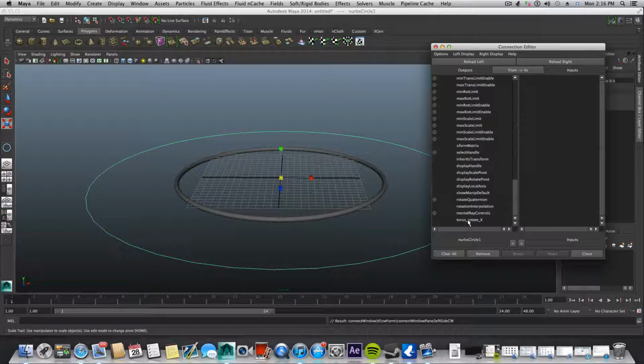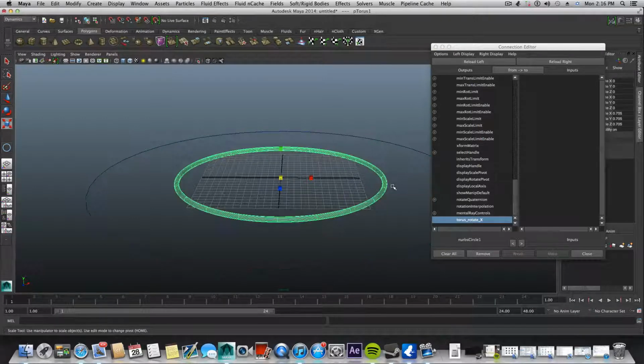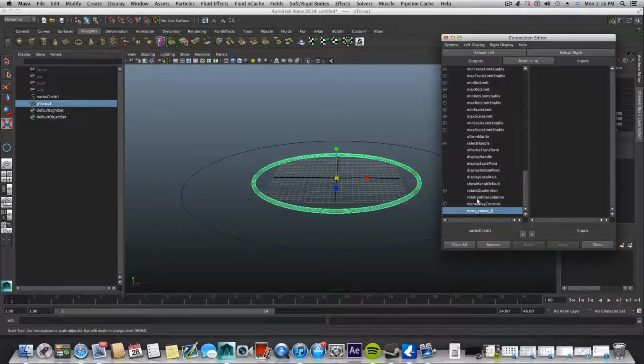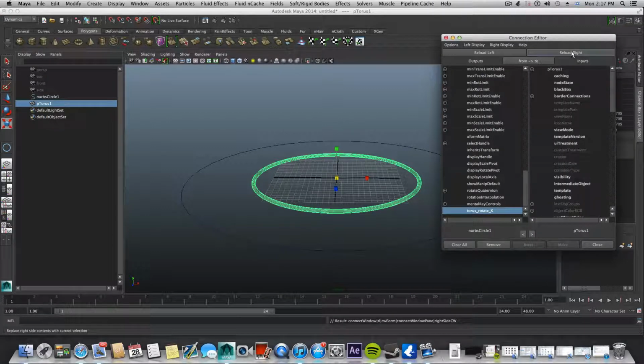Okay, so it's named torus rotate x, so you want to choose this. Then what you want to do is grab the torus itself and select it. You can also do this from the outliner if it's more convenient for you, and click here at the reload on the right. So we're reloading all the attributes of this torus to the right column here, and we